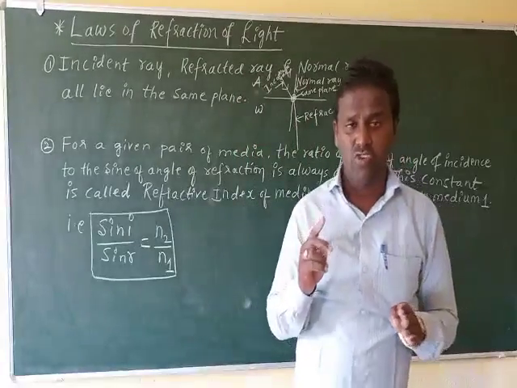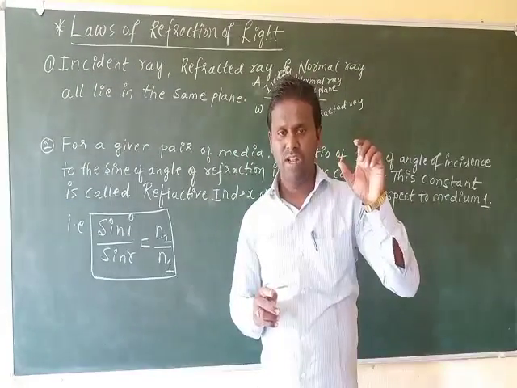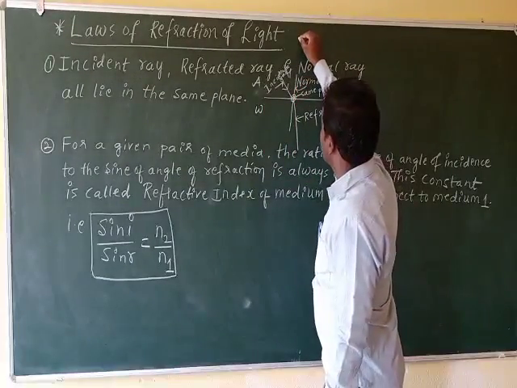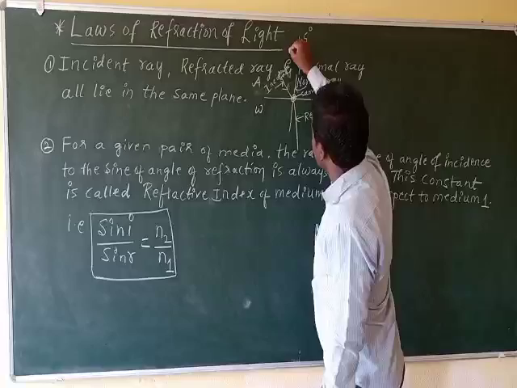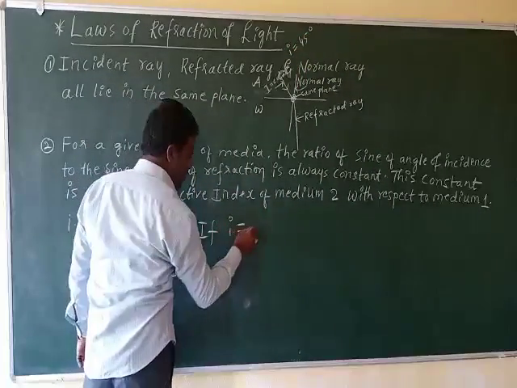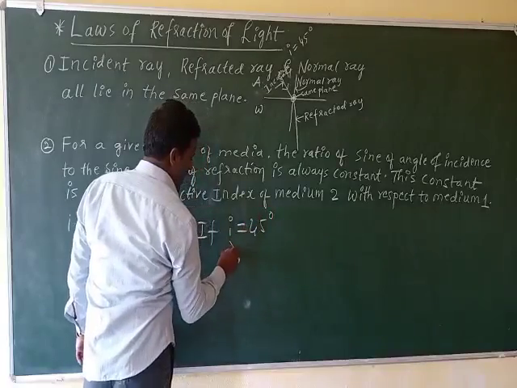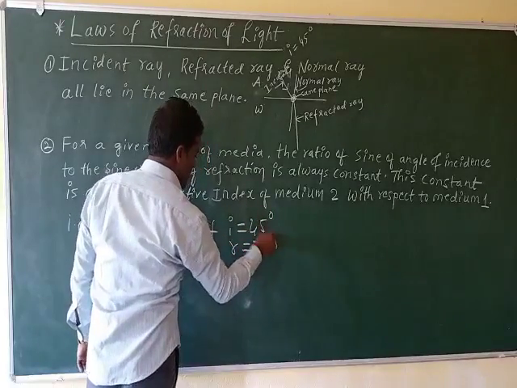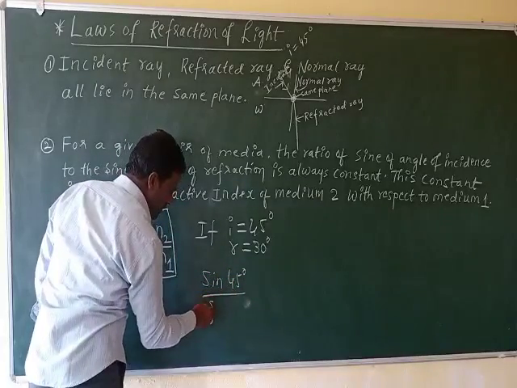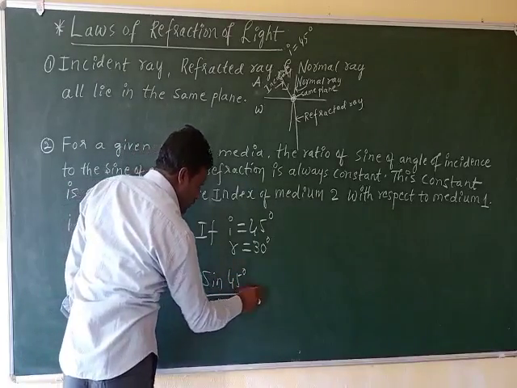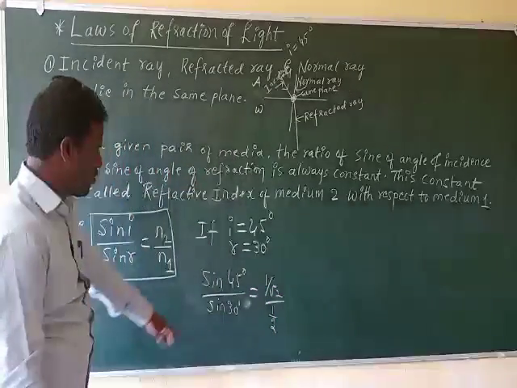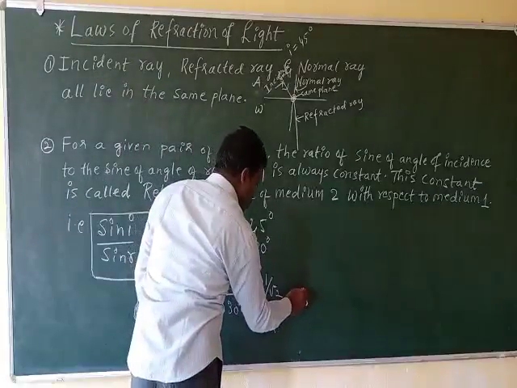suppose the angle of incidence you get is 45 degrees. If angle of incidence i equals 45 degrees and angle of refraction is equal to 30 degrees, then sin 45 degrees divided by sin 30 degrees, see what we get. Sin 45 is 1 by root 2, sin 30 is 1 by 2, so 2 by root 2,